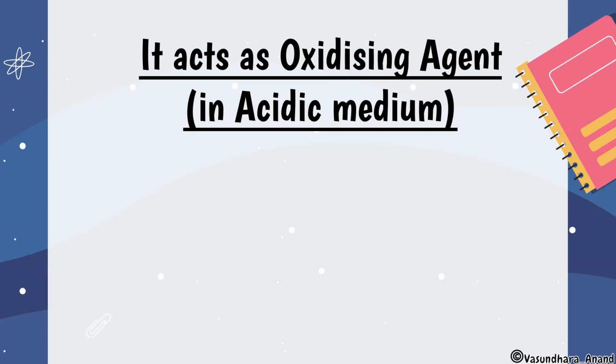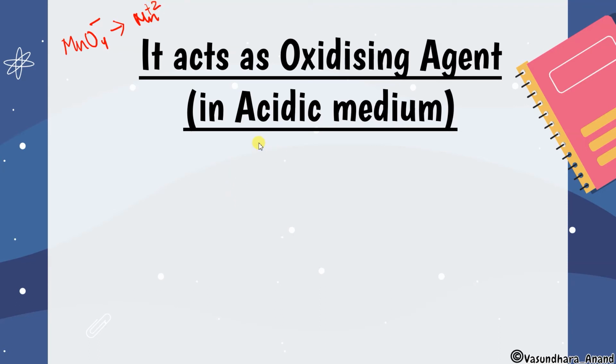Again, we know that KMnO4 acts as a strong oxidizing agent. Since class 10th you are doing this. In acidic medium, I don't have to say what this KMnO4 will give you: MnO4 minus. In class 11th also you have done this. MnO4 minus in acidic medium at any cost will convert into Mn plus 2.